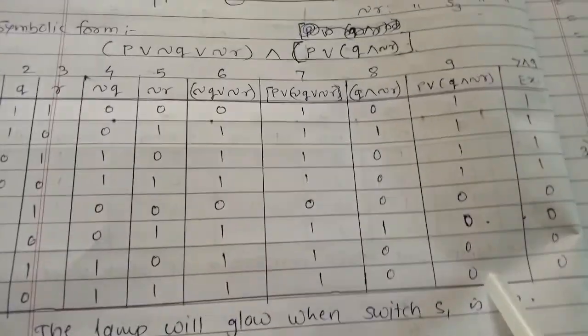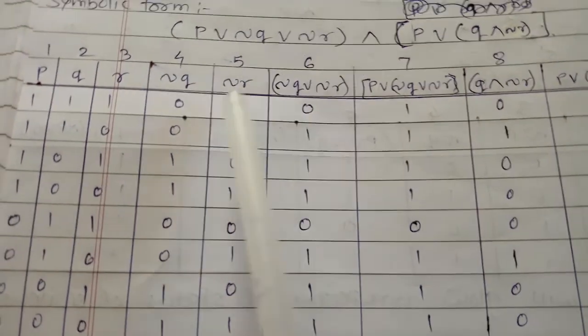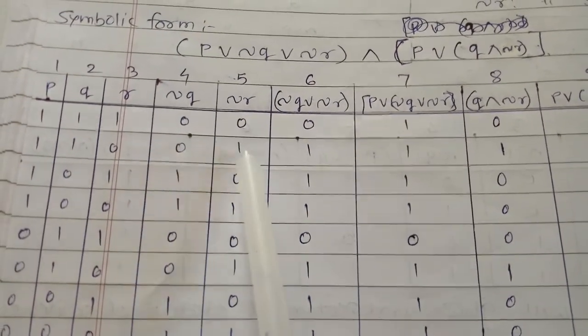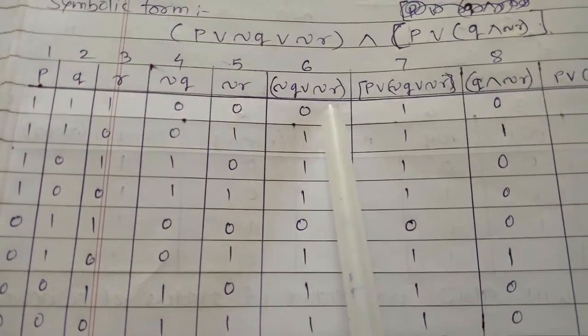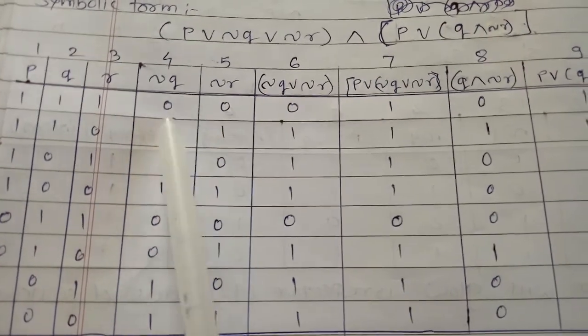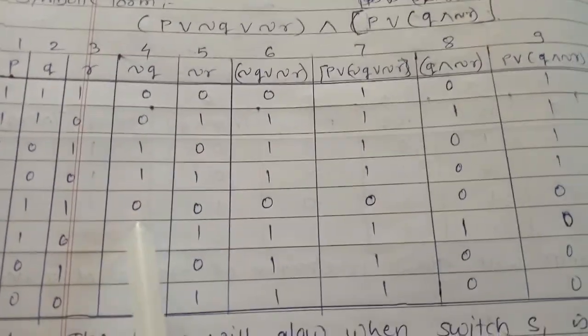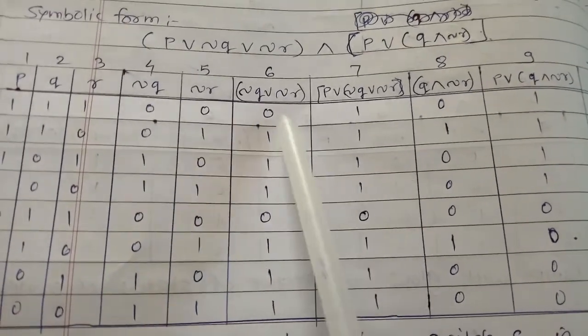Now see, that is negation Q disjunction negation R. Now see, ये दोनों के बीच में हमें disjunction लगाना है. Disjunction means if both the statements are false, then it is false, otherwise it is true. So first find out where there are the zeros, 2 zeros. So here 0, again here is also 0, only 2 members are there. So here we write 0, otherwise it is true. So true means we have to write down the 1.